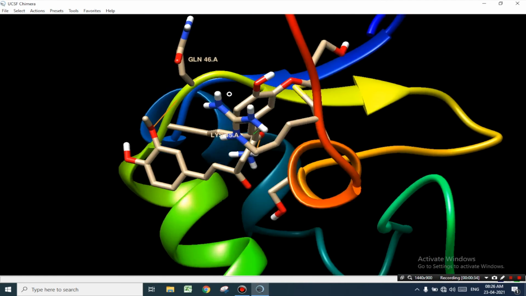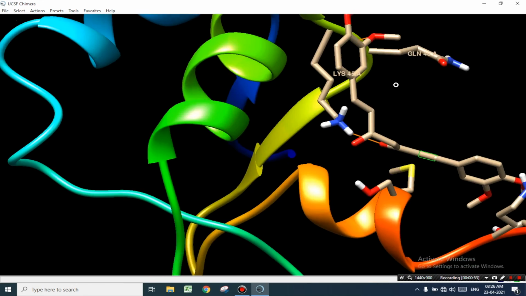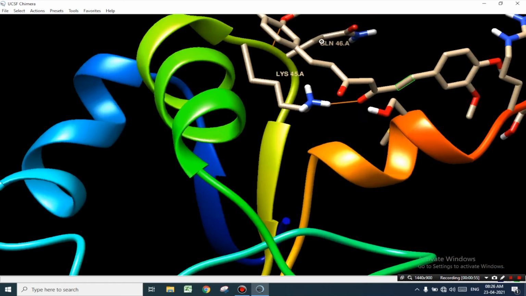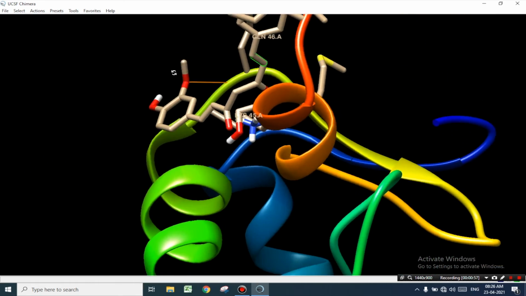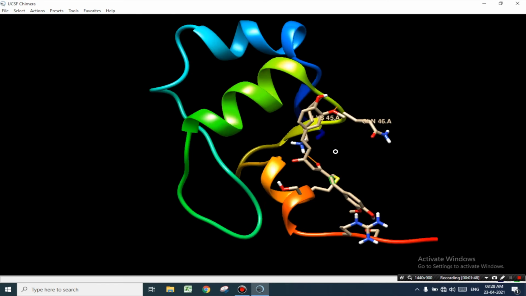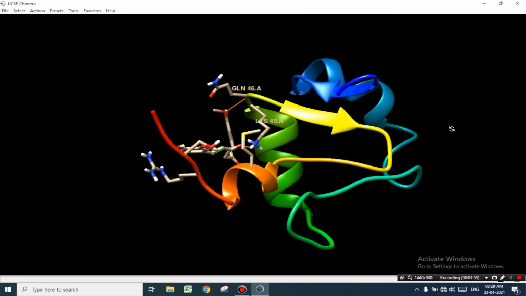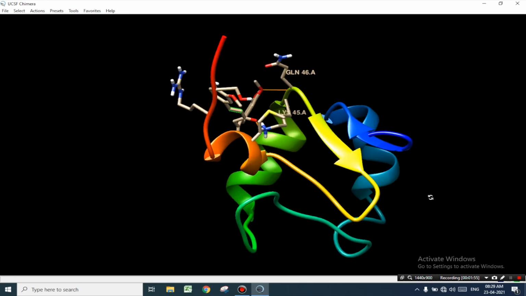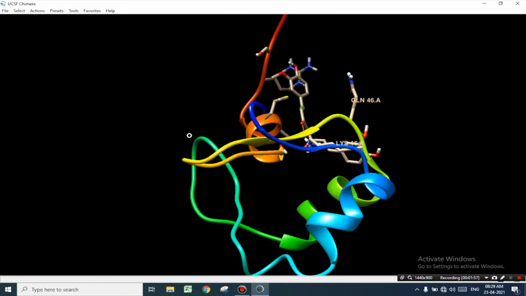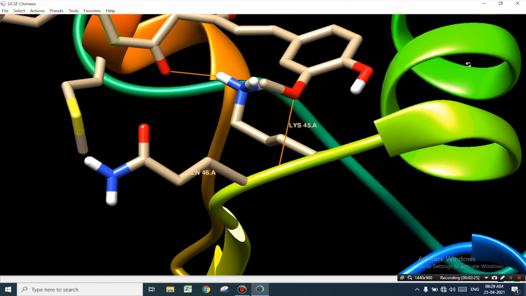Next we will be checking the amino acids against the result that we obtained from Metapocket in part 2 of molecular docking. If these amino acids match with the Metapocket result, we can conclude that the ligand is bonded with the protein molecule at the active site. In case the amino acids do not match with the Metapocket result, we can conclude that the ligand has not bonded to the protein in a proper manner or at the active